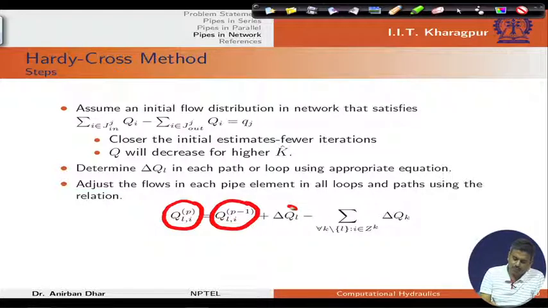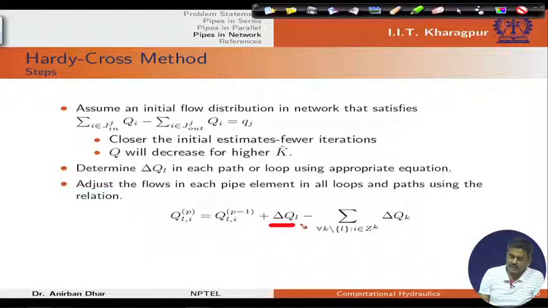So, for the lth loop we need to add this delta QL quantity, but we need to subtract other delta QL values, because